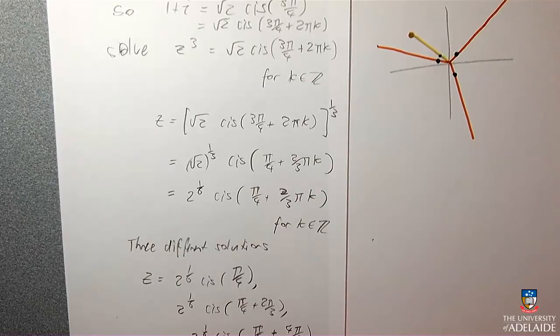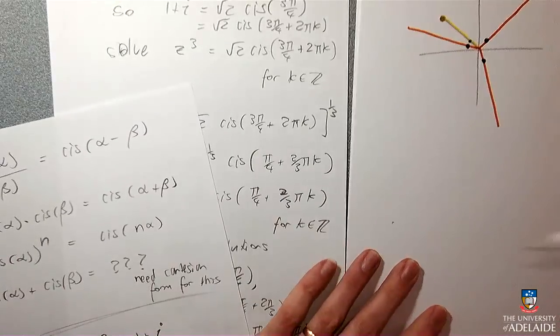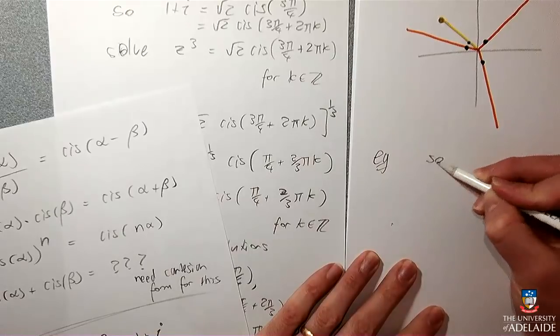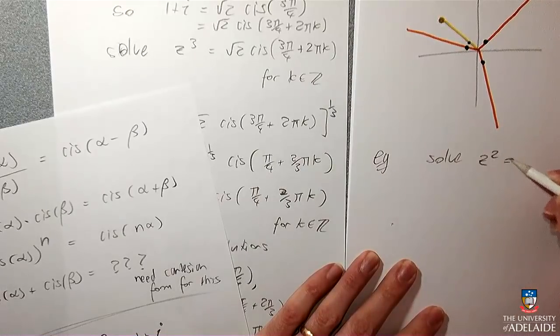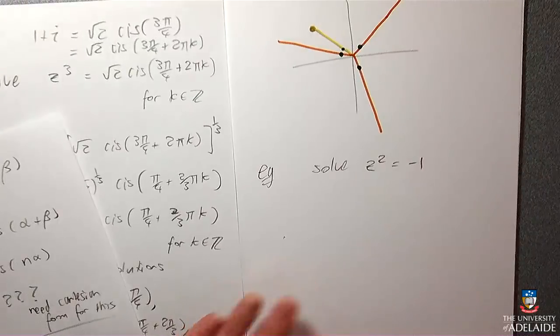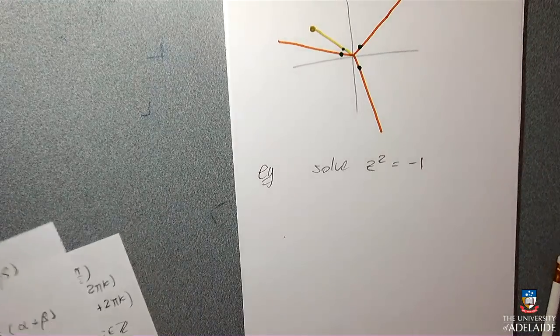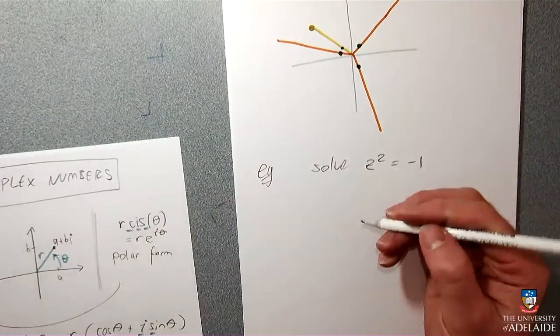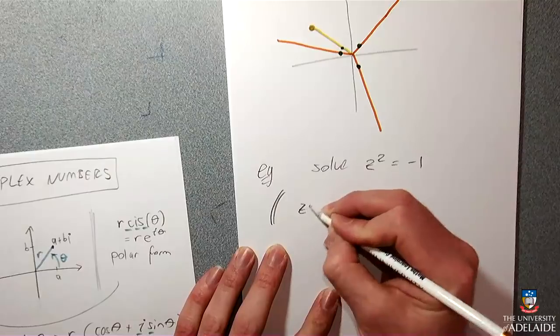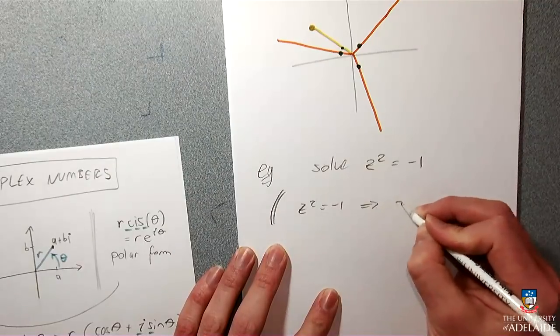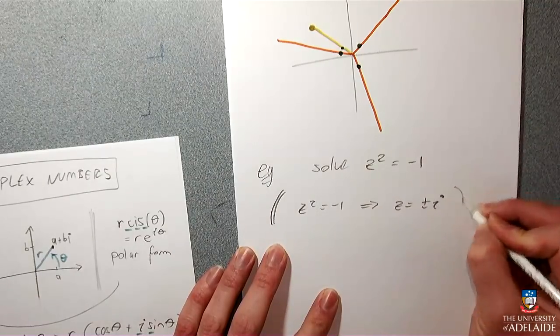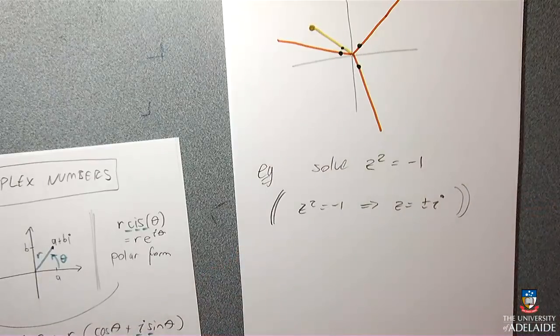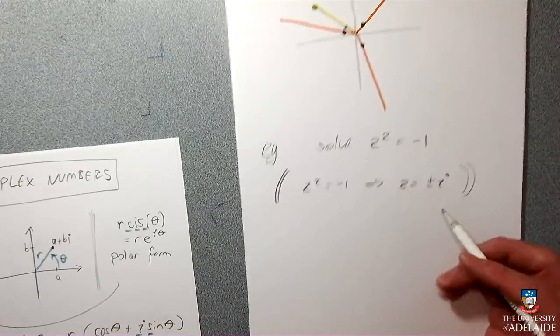And that's why, I mean, if you actually want to go right back to it and do... I just want to show you something. It's pretty stupid. Now, I know the solutions to that. I know that the solutions to that are plus and minus i. All right, so just an aside. Z squared is minus 1 means that z is plus or minus i. That's what i is for. But I want to do it with polar form just so you can see what's going on. So I just want to do the whole thing.